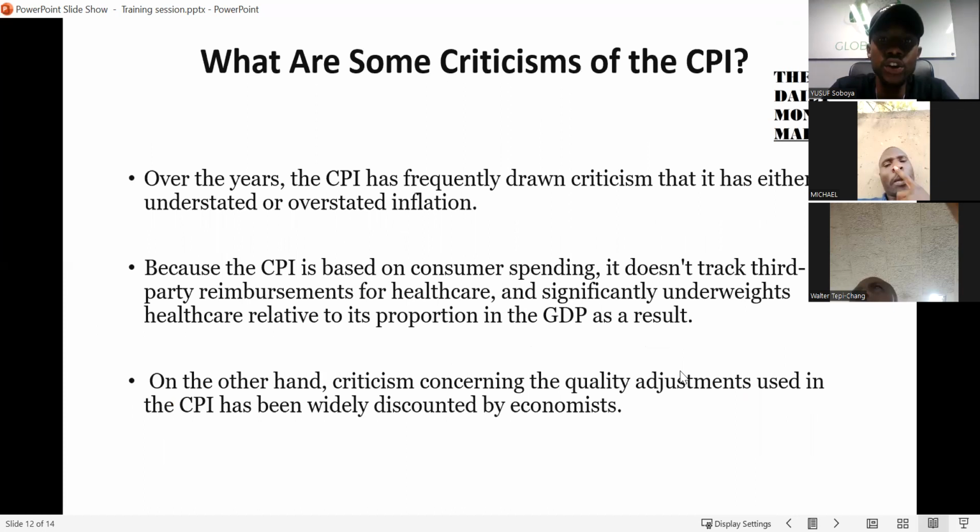All right, guys. So these are some of the criticisms of the CPI. Over the years, CPI has frequently drawn criticism that it has either understated or